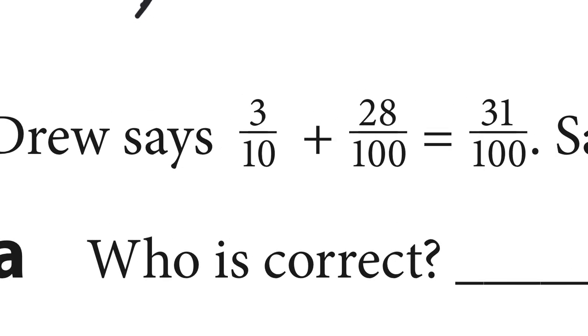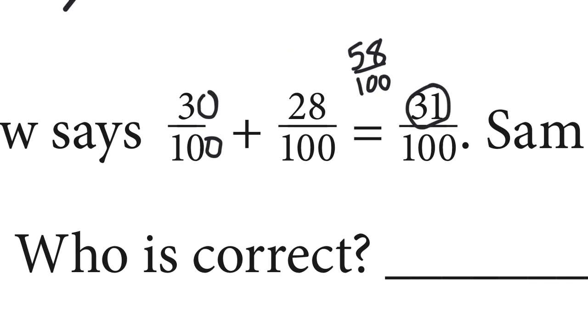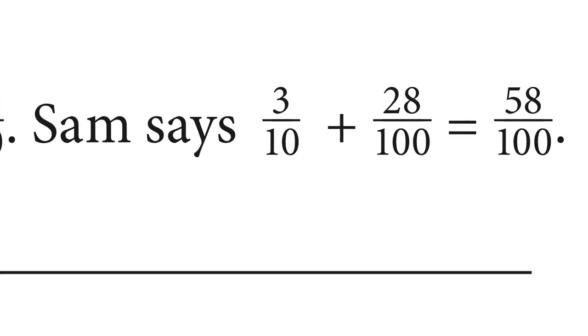So if I were to think about the answer is in hundredths, so maybe I should make sure the number that is not in hundredths is, I can add zeros to these, and now I have 30 hundredths plus 28 hundredths. Well, I kind of think that there's something up here because 30 plus 28 is not 31. 30 plus 28 is 58. So that answer should be 58 hundredths. So I don't agree with Drew's answer. On this side,